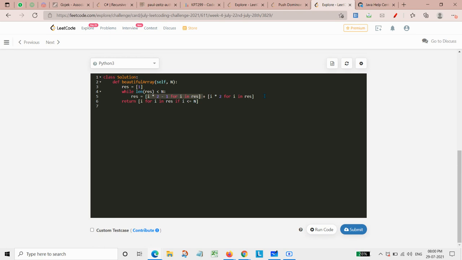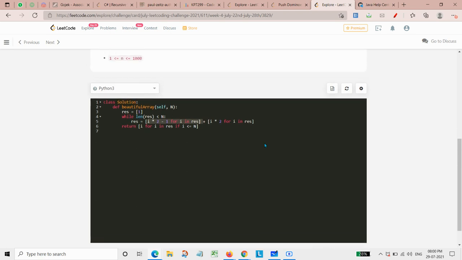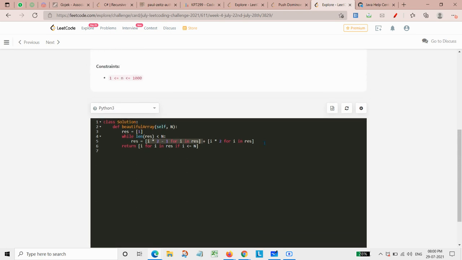We are not taking any temporary, we are directly putting it into the result itself, and at the end we need to return whatever is in the result until our size is less than or equal to n. So this is how it would be implemented in Python.